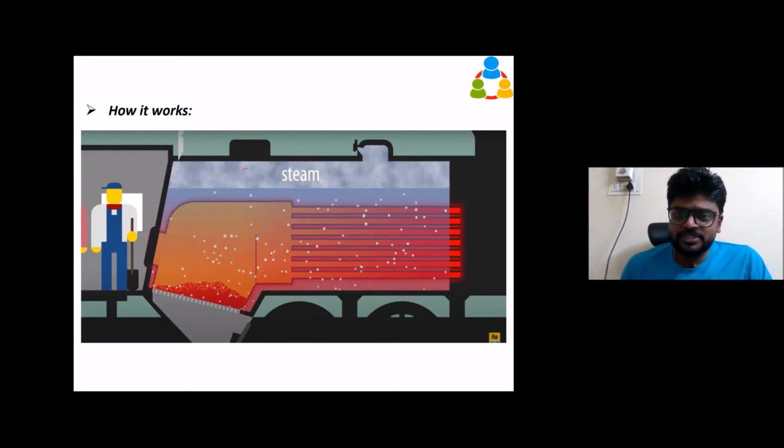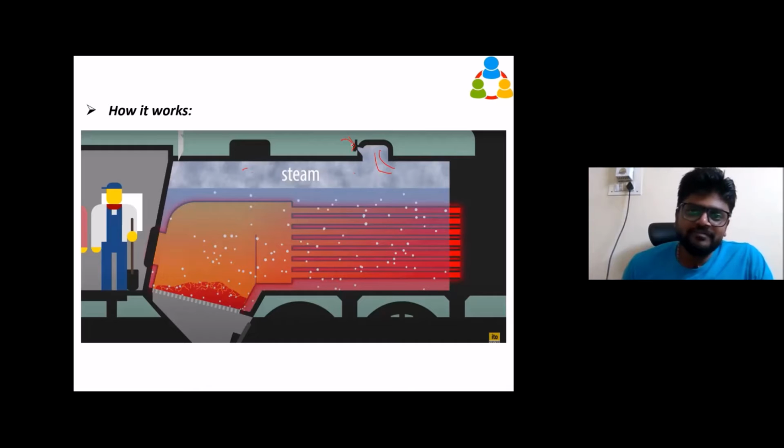To collect the high pressure steam, we can't keep it at the same level as the water, because that water will enter through our pipe. In order to avoid water entering our main pipe, we are raising it so that it will be somewhat above the water level. So we'll keep our pipe here, we'll collect the steam here, and we will allow the steam to go to our cylinders. We will see what that is. So that is the role of this steam dome. And one more role is there: there will be a safety valve. This is called a safety valve.